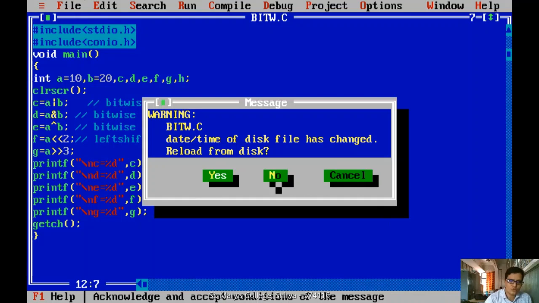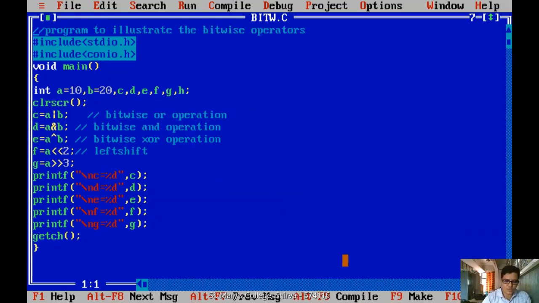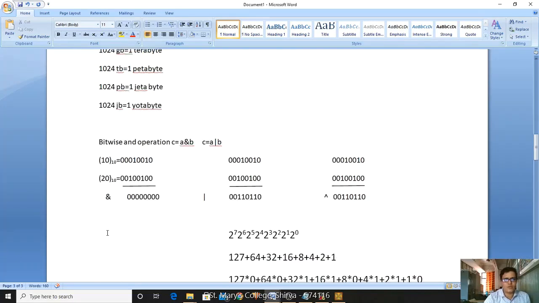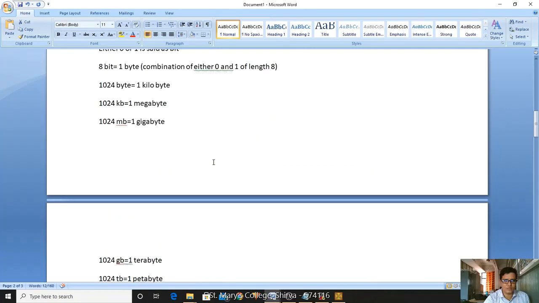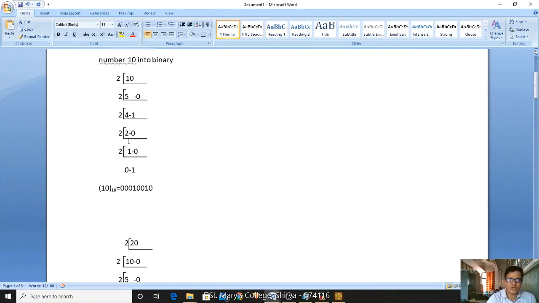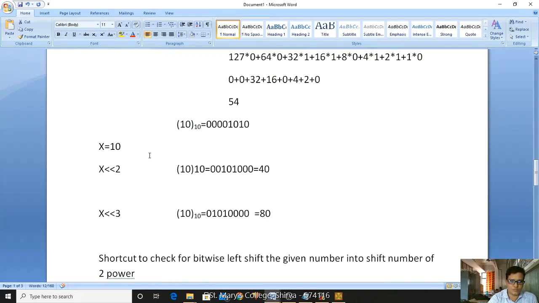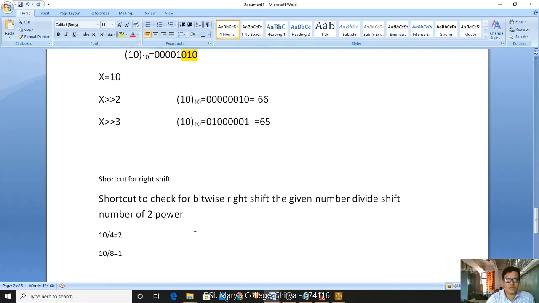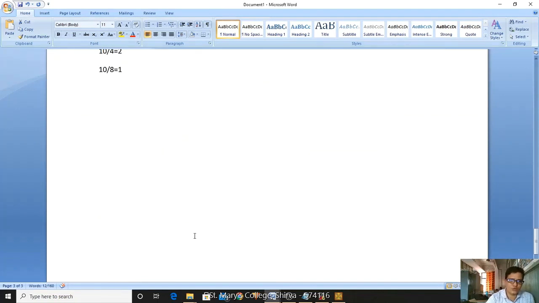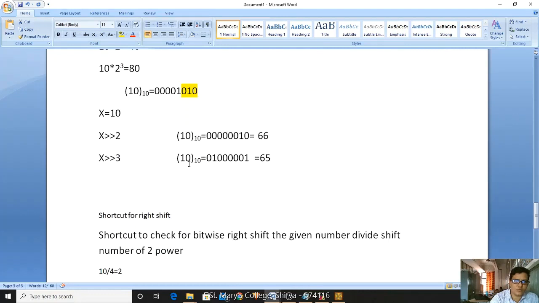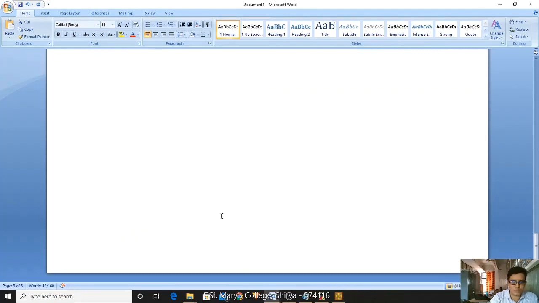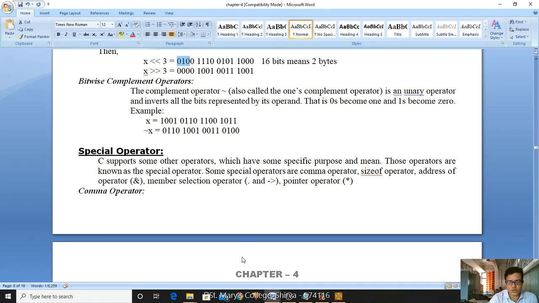Okay, so that's it about your bitwise operator. What you have learned from this bitwise operator, you are going to be calculating the bitwise operations and shifting. Here we made a mistake. Okay, please observe here, it is a mistake we made. It is happening because it is not a board, right? If we did it on the board, we would not get this much confusion. We are doing it in this document, at that time we will definitely get confusion. Okay, you just do it on paper. If you do it on paper, you will get the correct answer, and you will try for different numbers also. If you try, you will get the proper output.